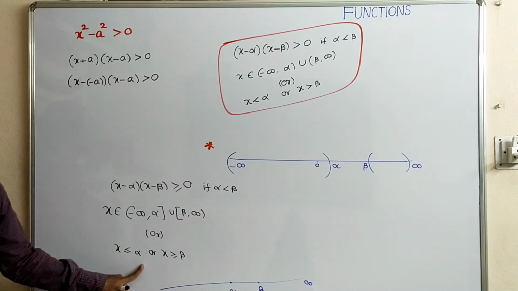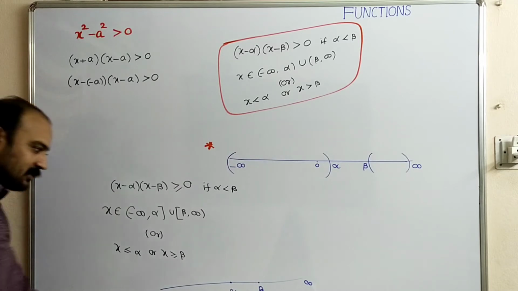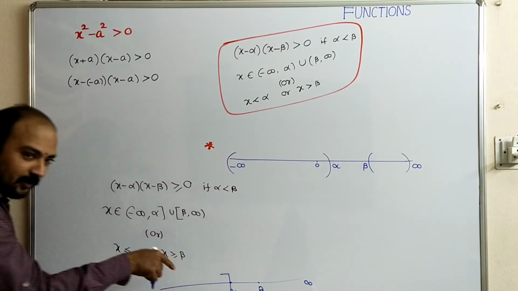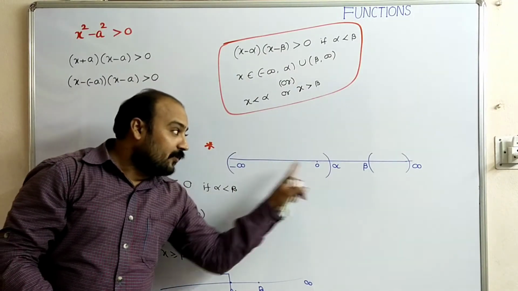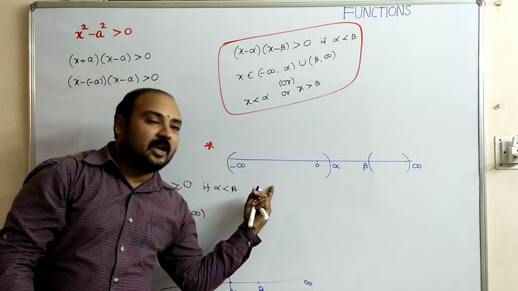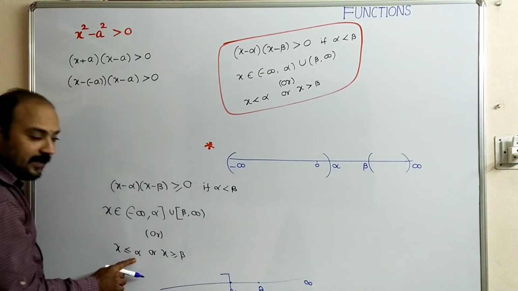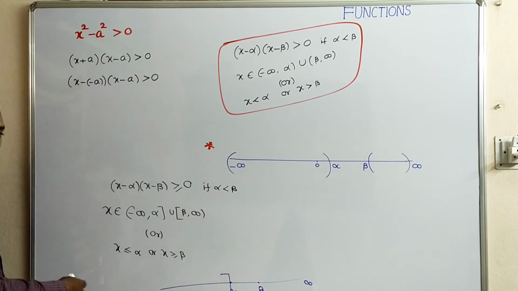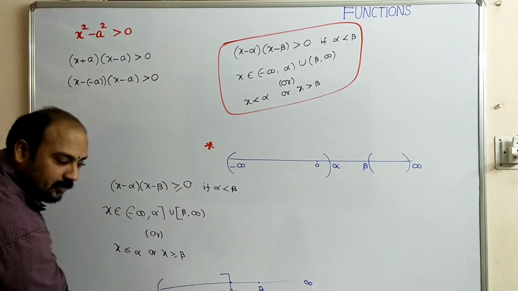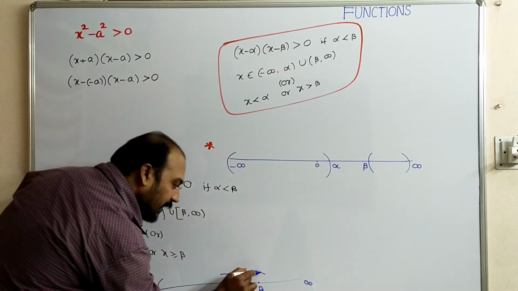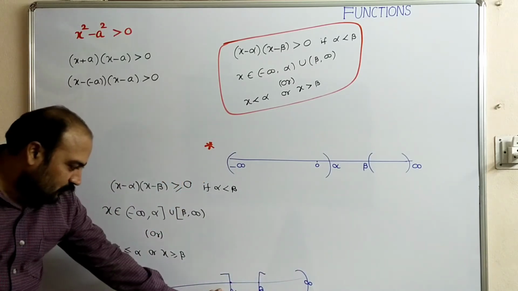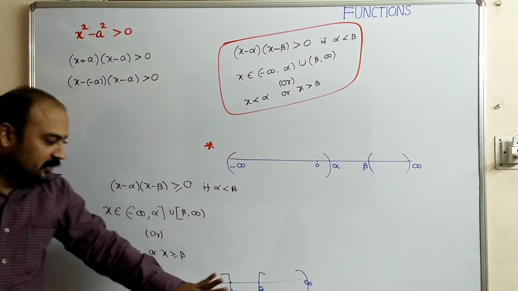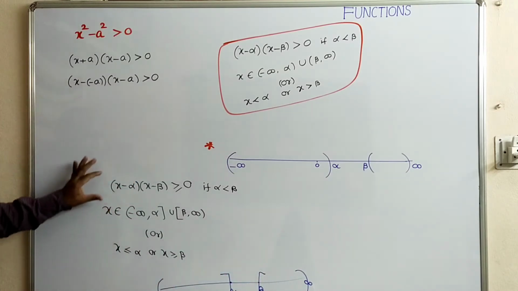X is less than or equal to alpha, so equal to alpha is there. That means including alpha here. That is the difference you have to observe there. X is less than alpha means below alpha value we are taking here. Here x is less than or equal to alpha, including alpha and values less than alpha it is taking. This is the meaning of x is less than or equal to alpha. X is greater than or equal to beta, including x equal to beta, to infinity, from there to there. So the combination of these two, from here to here, from here to here, is the domain of this type of functions.